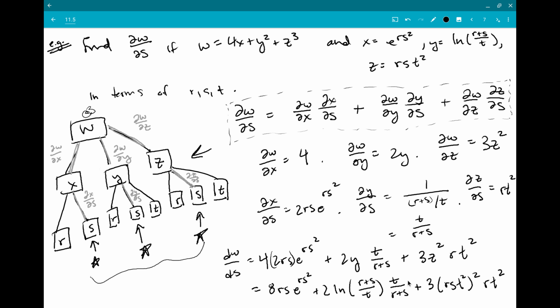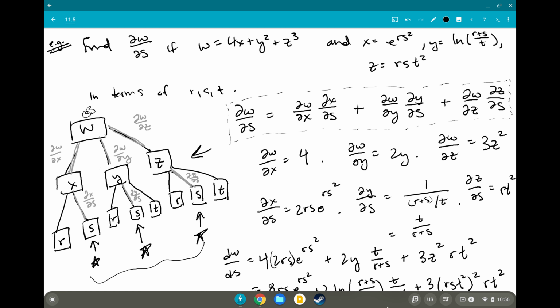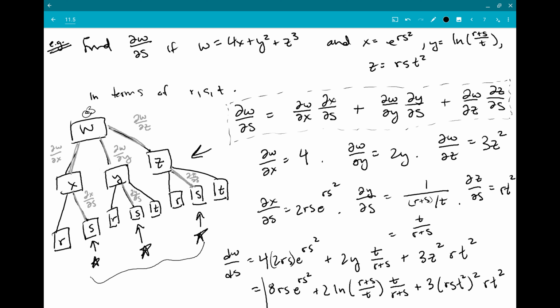And you could go ahead and simplify this, I guess. I'm not going to because there's not room on this page. So we're just going to call that our answer, and I'm not even going to draw a box around it because that box will be very uneven. You're just going to have to accept that this is the answer. I'll do brackets. There. So that's our answer with the simplified version where we plug in r, s, and t